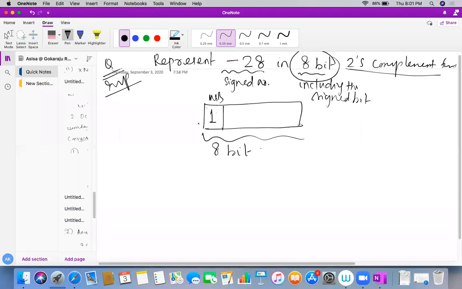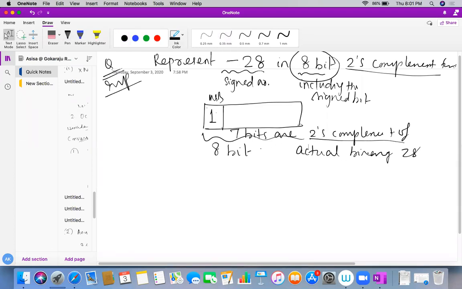Obviously this is my sign bit, 1 bit leftover, and the remaining 7 bits are the 2's complement of the actual binary 28. Did you all understand, students? So first bit I came to know. Now the remaining 7 bits I have to represent in 2's complement form of the actual binary 28.